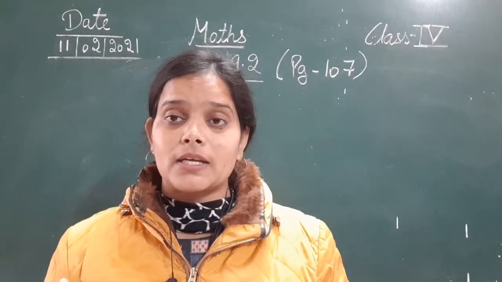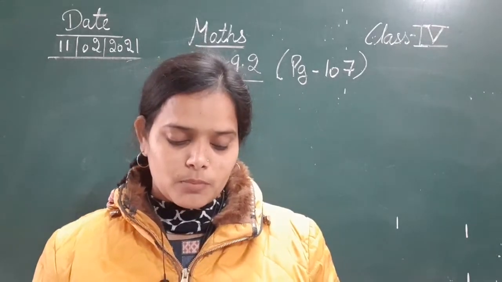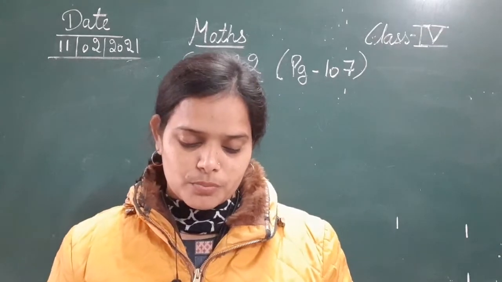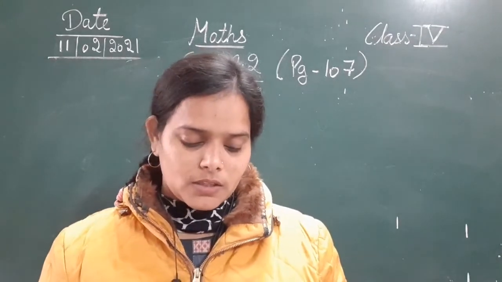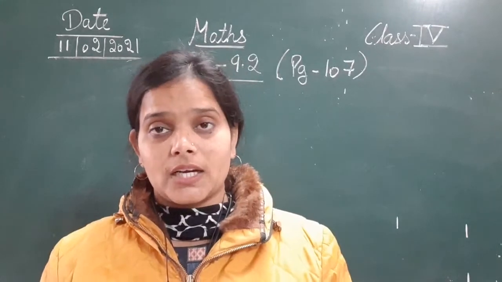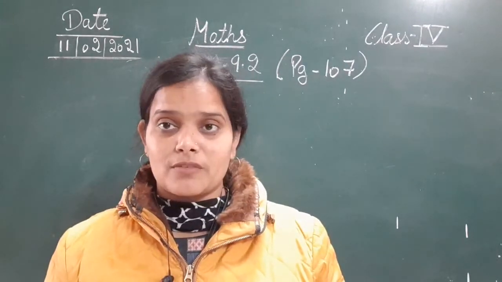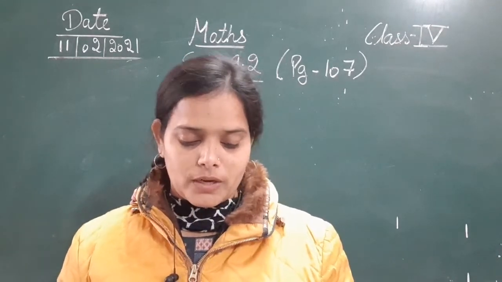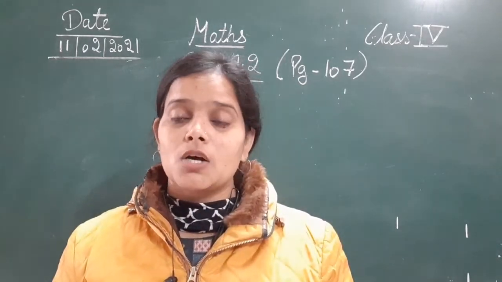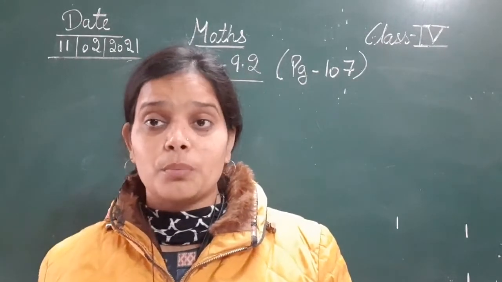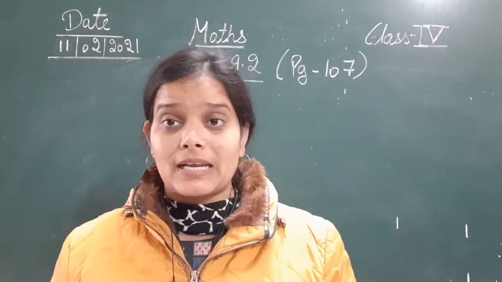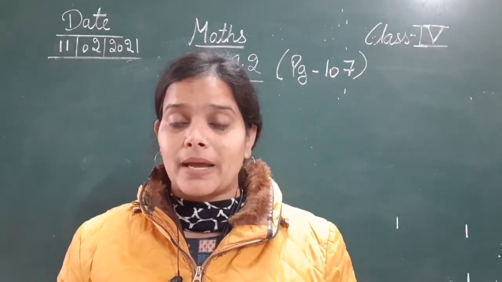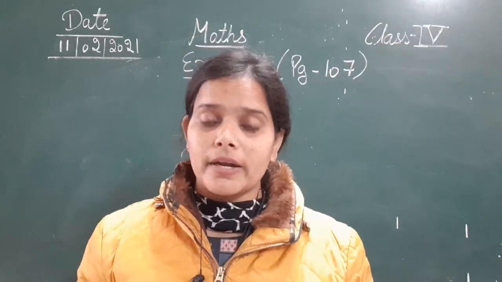Next, the second item that he bought, that is butter. He bought 500 gram butter that cost him rupees 60. The third item he bought, that is 5 kg atta, cost him 45 rupees and 50 paise. Okay, so he gave a 100 rupee note and a 50 rupee note to the shopkeeper. उसने एक 100 रुपी का नोट, एक 50 रुपी का नोट दिया शॉपकीपर को. What balance did he get? तो उसको कितने पैसे जो बैलेंस मिले. So what amount did he get back or he got in return?